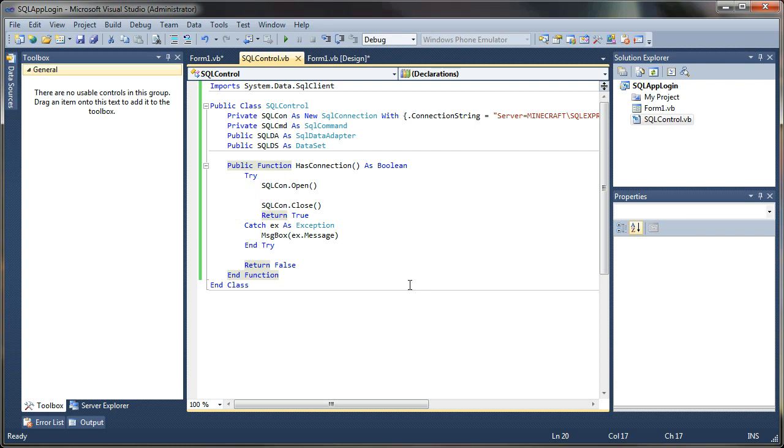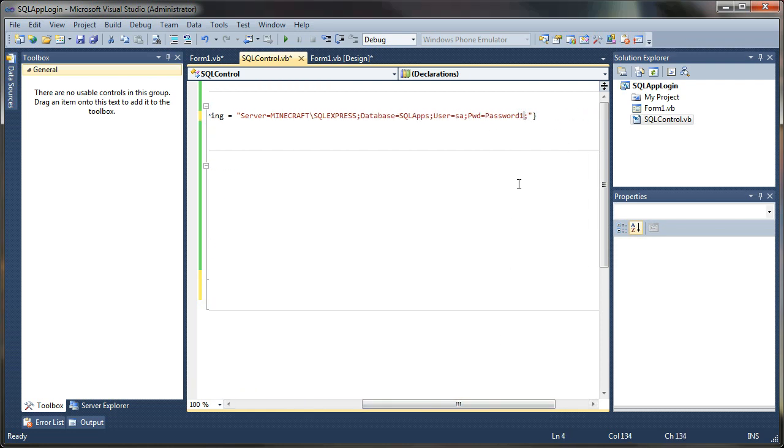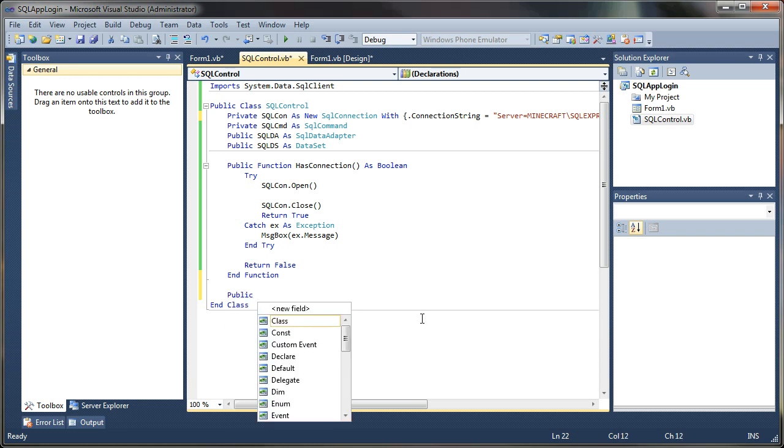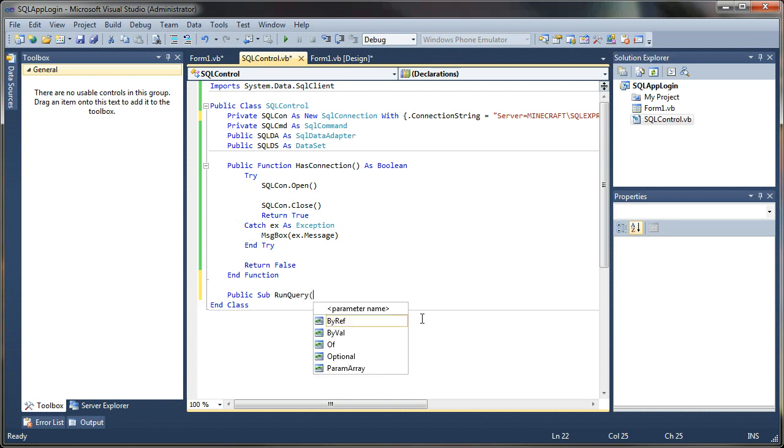Now, knowing that I have a successful connection to my database, I want to be able to, which I better fix here, sorry, set that back. I want to be able to fire queries at the database. So I'm going to create a sub to do this. I'm going to say public sub run query, and the query that I want to run is just going to be called query as a string. So I'm going to pass a string into my run query command,